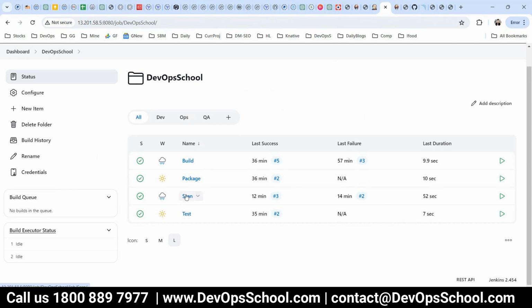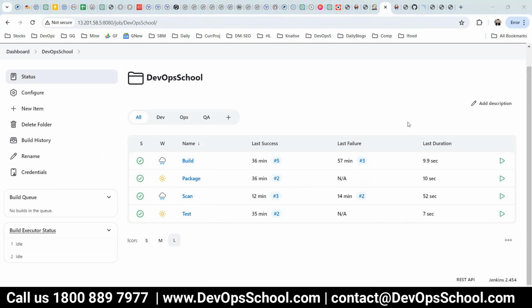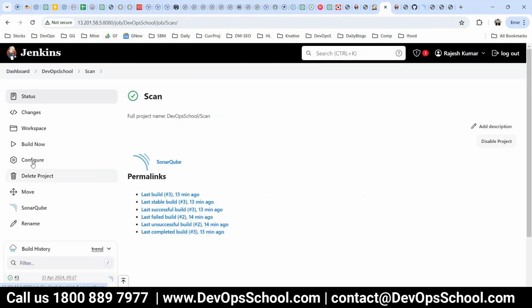After the scan, it should build. After the build, it should test. After the test, it should package. So that's the kind of strategy which I'm building in order to implement the CI. It's a full automation. It should not be dependent on the person. Everything should be automated. So what I'll do, I'll go to the scan, and here go to the configurations, go